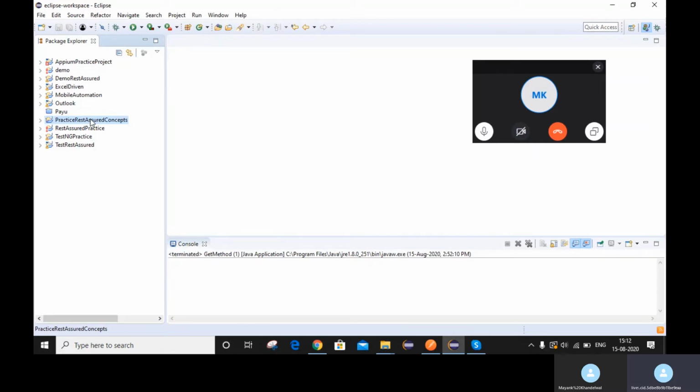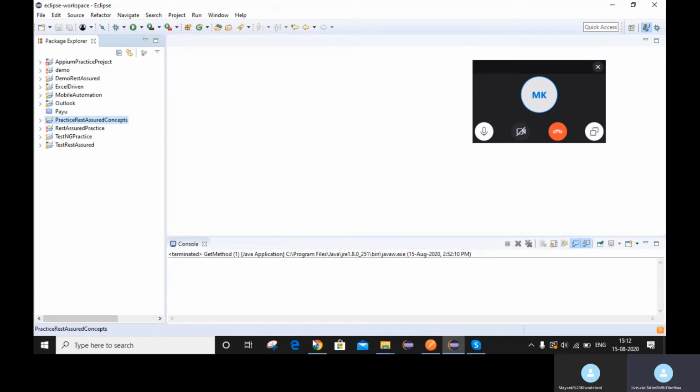Now we need to set up our REST assured jars in this project so that we can use the REST assured features to perform our HTTP operations. So let's see how we can download our REST assured jars, and how we can set them up in our simple Java project.